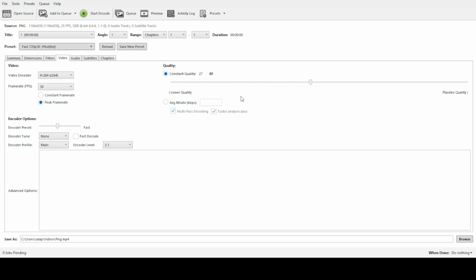Next, set the frame rate to same as source. This option helps maintain the original frame rate of the video, which is crucial for preserving the natural motion and feel of the original footage. Although you can adjust it if necessary, it's essential to be aware that changes might lead to compatibility issues with